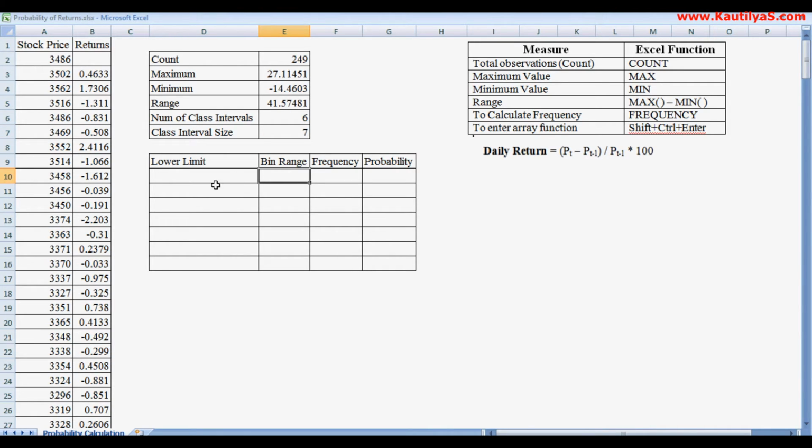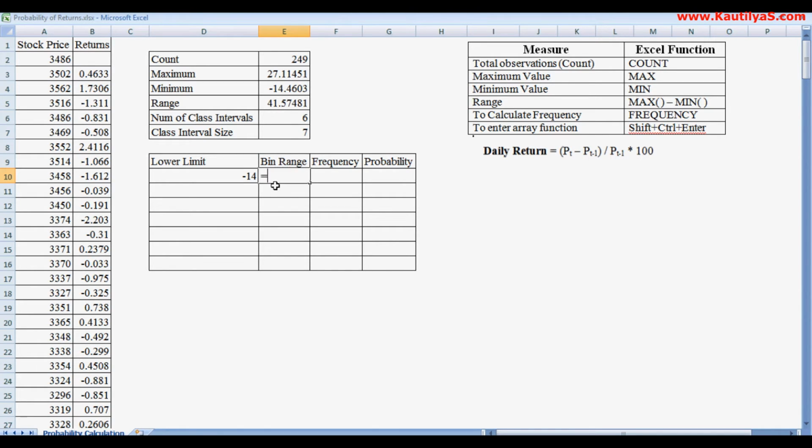Now to calculate the frequency function in Excel, first of all we need to define the bin ranges. Bin range is the highest value in a particular class interval. Suppose the lower class interval limit, the minimum, is -14%. So -14 is the class interval minimum, and our highest bin range will be minimum value plus the class interval size.